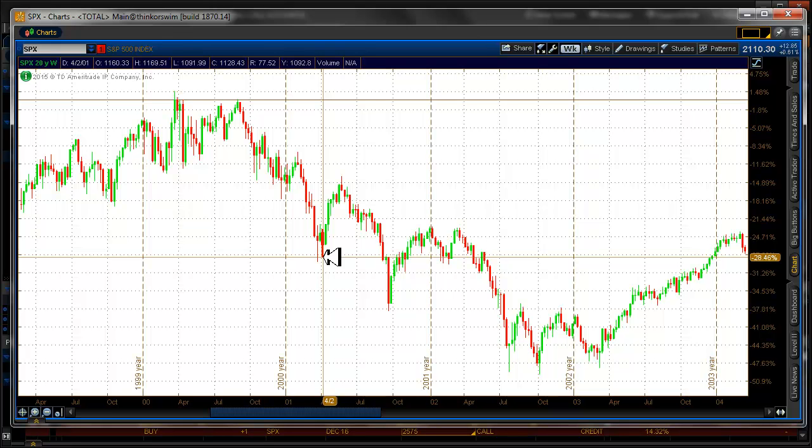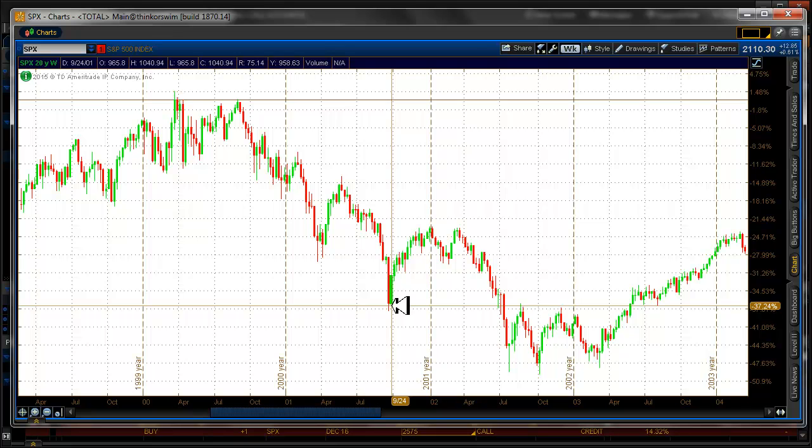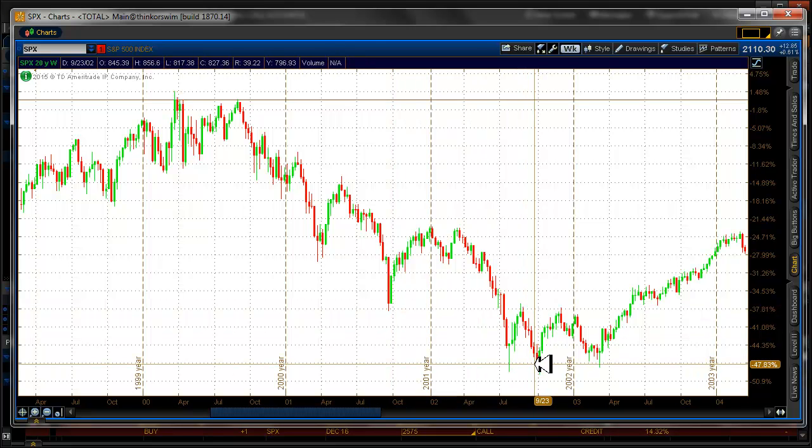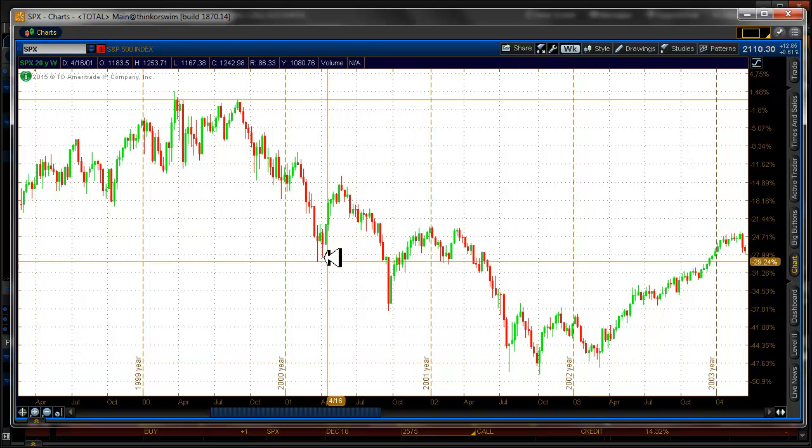It was about 28.5%. And we could say, what was it to here? It's 37%, and what was it down to here? Well, it was like 47%. So we can say that so far a crash is defined as the market dropping close to 50% or more,